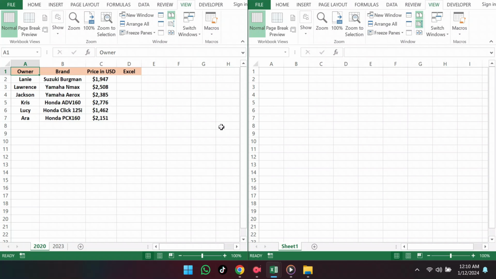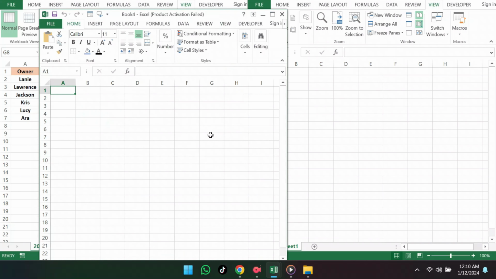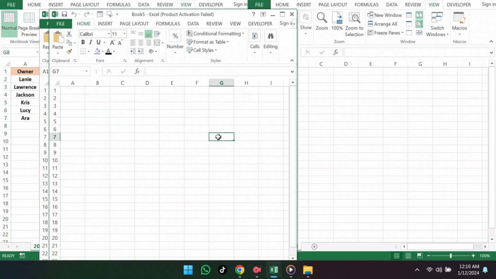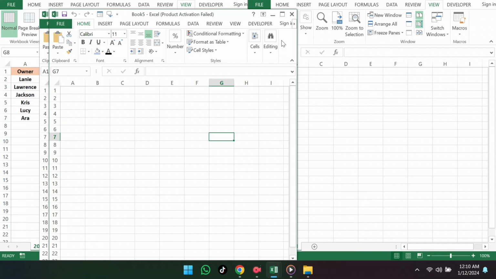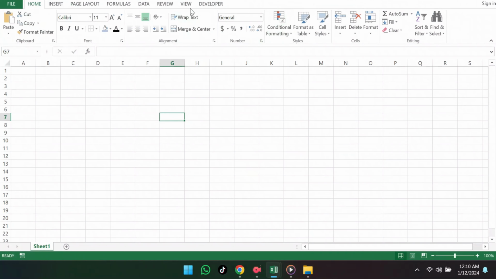Let me create two more files by pressing Ctrl-N twice. In the taskbar, you'll notice I now have four files open. How can I view all four Excel files in the same window? The process is straightforward. Expand one file, go to View, select Arrange All,